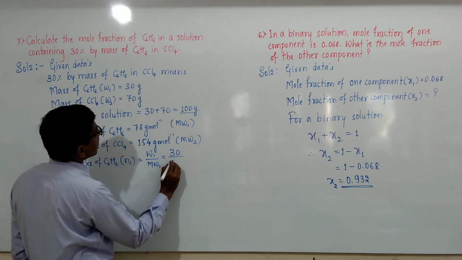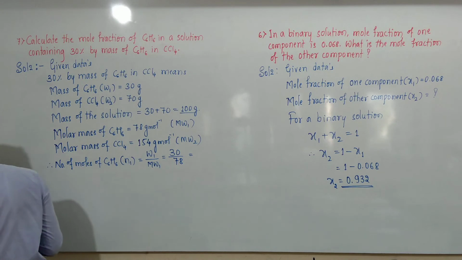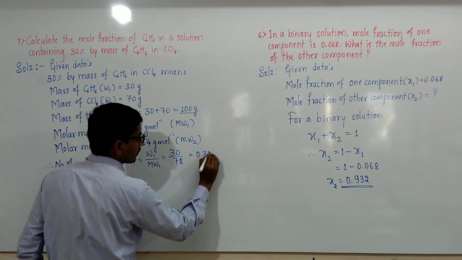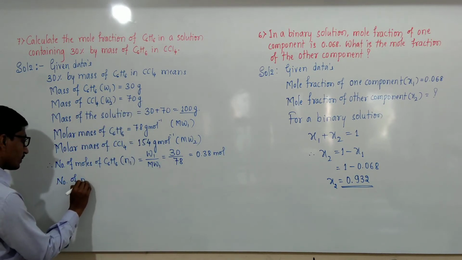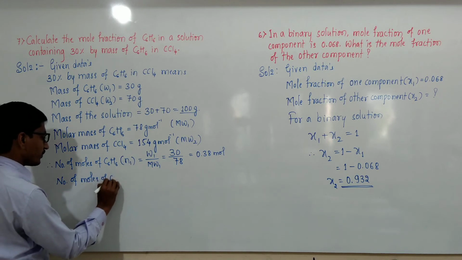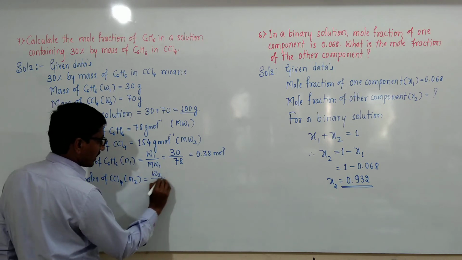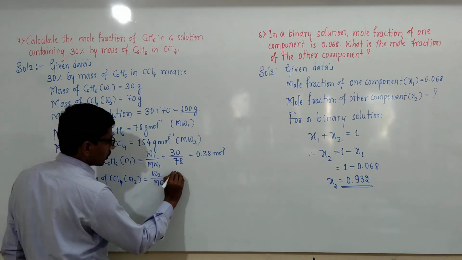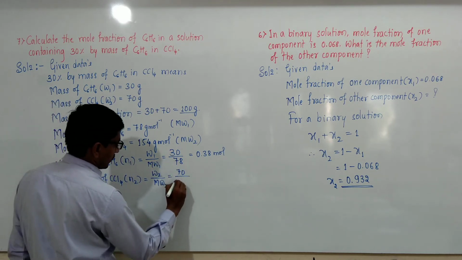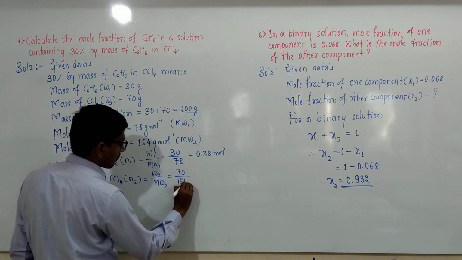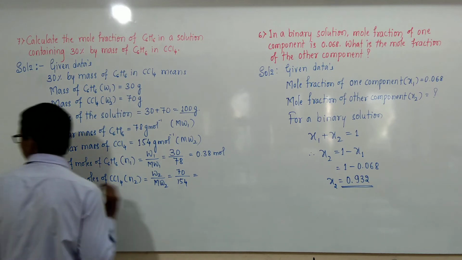W1 is 30 divided by MW1, that is 78, and this ratio is 0.38 mole. Then the number of moles of CCl4, considered as N2, is equal to W2 by MW2. W2 is 70 divided by MW2, which is 154, and this ratio is 0.45